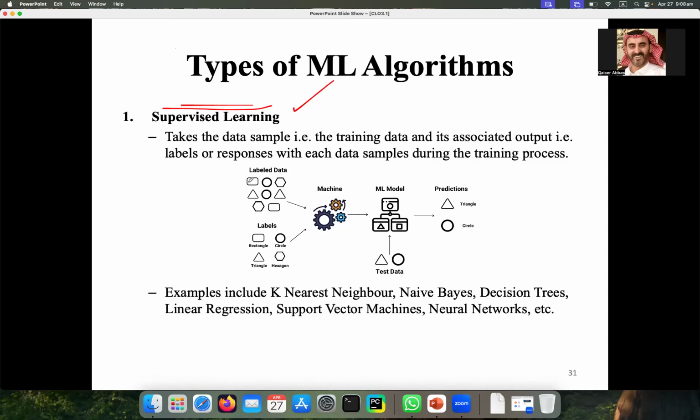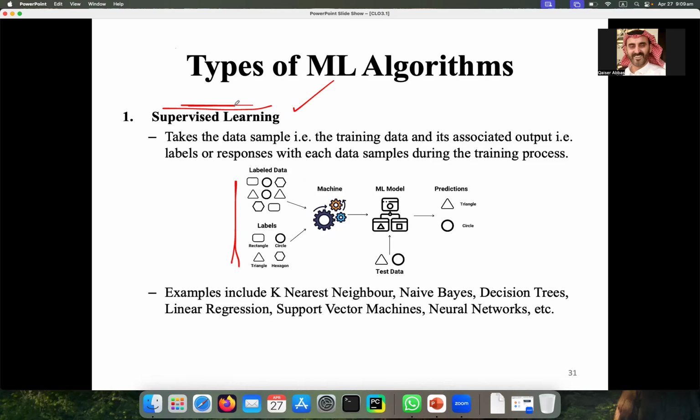In supervised learning, this is your data, this is your machine, and this is your model. Your machine or your algorithm will take this data. Normally, models in machine learning have a training phase and a testing phase.